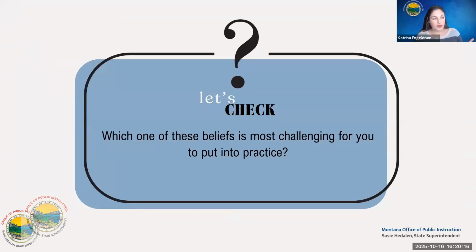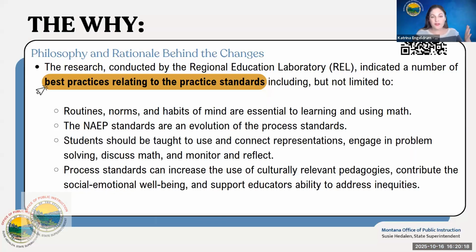So why are we talking about those? Well, it's important to know what NCTM's recommendation is with kind of that framework understanding of where the processes should be and the beliefs we should hold about those processes so that we can put them into practice with these practice standards, right? So we're going to kind of pivot a little bit now that we have that foundational knowledge to understand why we're shifting. So why isn't the Common Core what we're using in Montana? Why did the task force make different choices?